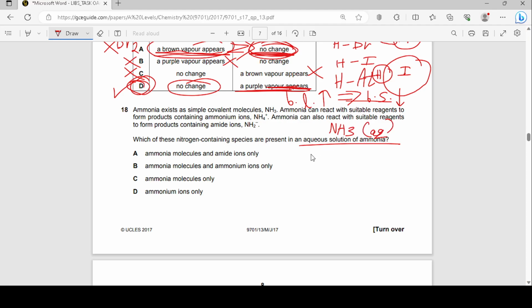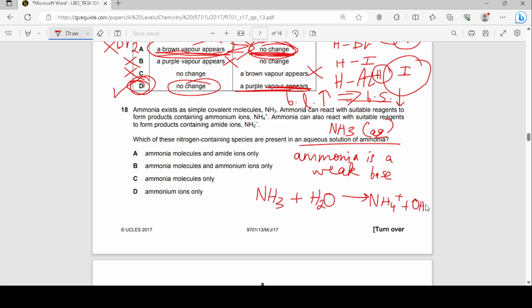And we know that ammonia is a weak base, right? So if you react it with water, what should happen? We can just write it like this: NH3 plus H2O should give you NH4+ plus OH-, right? So it's accepted one proton from the water. One H+ is accepted, and it gives you OH-, which proves its basic nature. Obviously, ammonia can give you NH2- when it reacts with certain products, but they're talking about an aqueous solution of ammonia. So with water, it should show its weak basic nature. So I would say that the nitrogen-containing species present would be NH3 and NH4+,